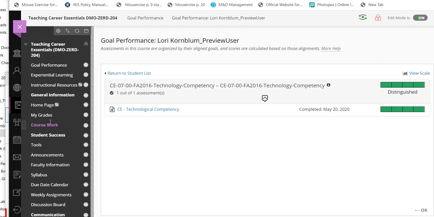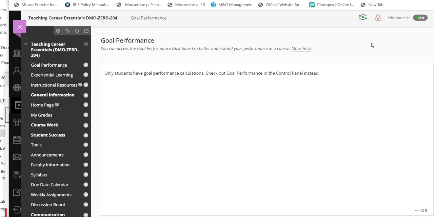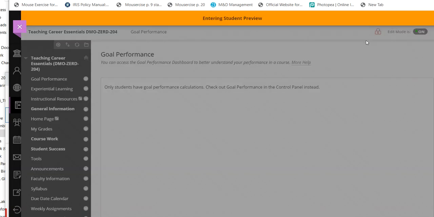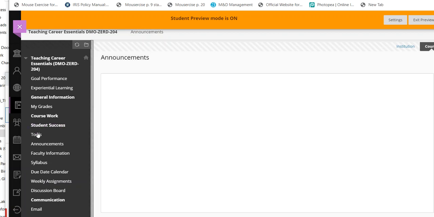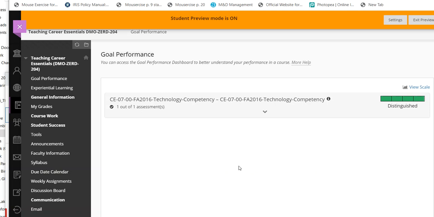For students, they will go into goal performance, and it doesn't show how that works for me. So I'm going to enter the student preview mode, and I'm going to go into goal performance to see if it shows up. And because I am a student in this class, when I go into goal performance, it will show you how I did in this class. To see how students do overall, there are other MATC tutorials on that. Because I'm only a student in this class, it's not going to show up. But there you have it on how